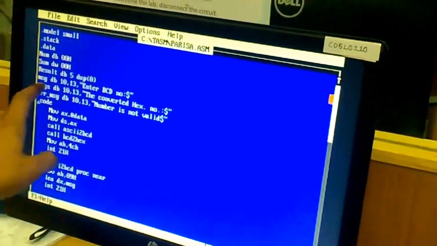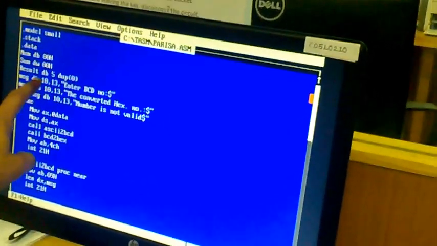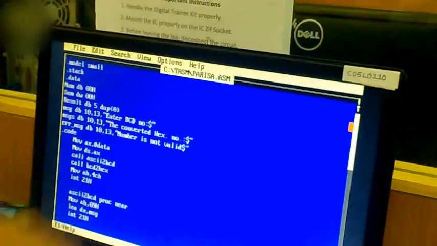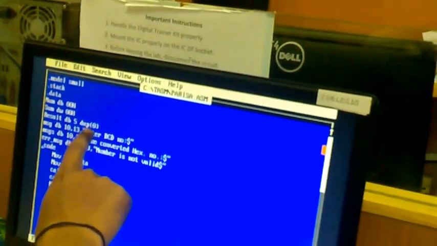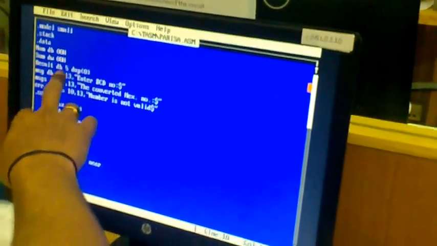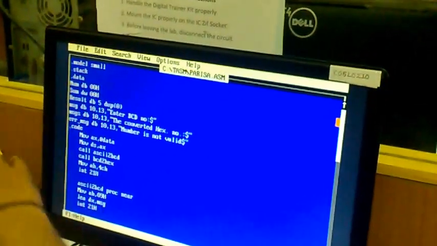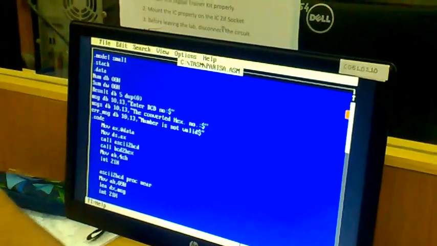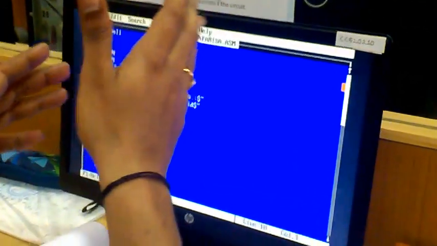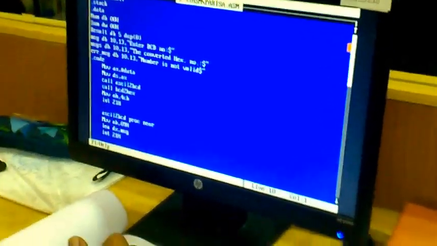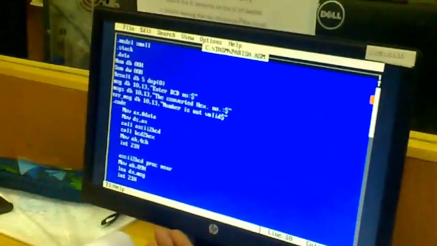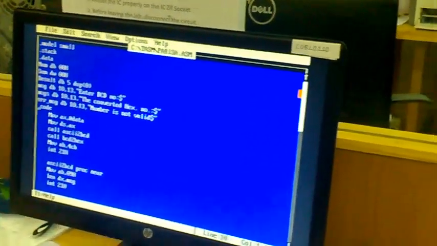So result is of size 5. You are going to have 5 bytes for that, and dup is nothing but duplicate. Okay, if I have written a dollar sign over here, then you can replace all the 5 things by means of the dollar sign. If I have mentioned 0 here, then it will replace them by 0. Suppose 5 different locations are there, then all locations will be filled up with 0s like that. फर्स्ट ऑफ ऑल मीन्स वहाँ पे गार्बेज वैल्यू रहती है स्टार्टिंग में. ठीक है, बाद में उससे 0 से रिप्लेस करेंगे.